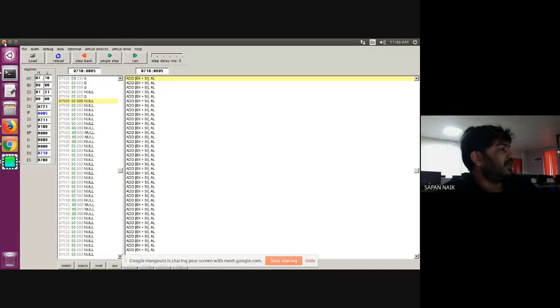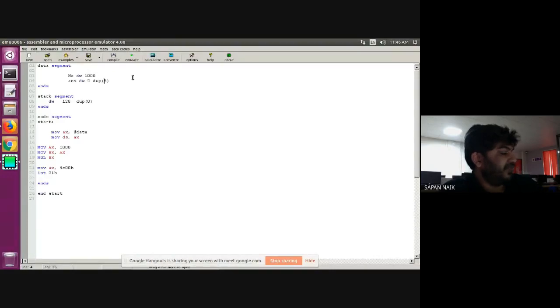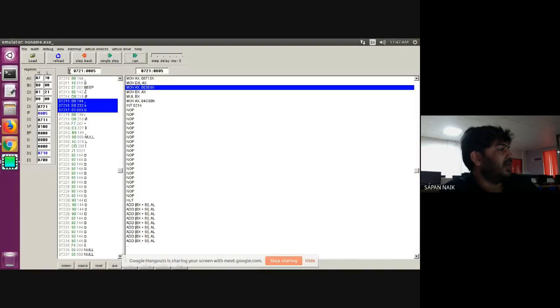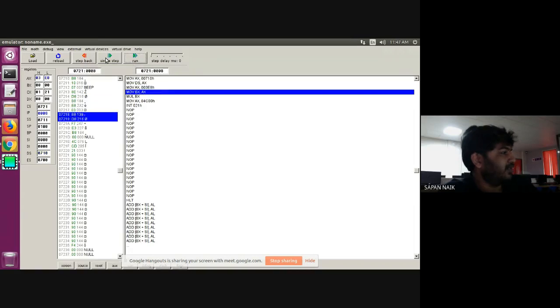If you are not able to see, let me write it again. I am just showing how your memory will look like: 0710 colon 0000. This is how we need to access our address: base address colon offset address. The base address is of your data segment. The offset is used to find where in the data segment something is. So if I click 0710 colon 0000 and press enter.